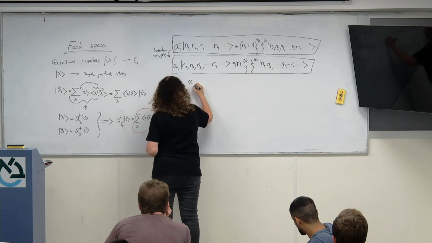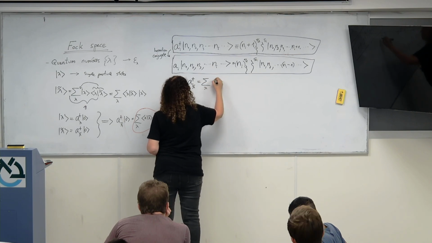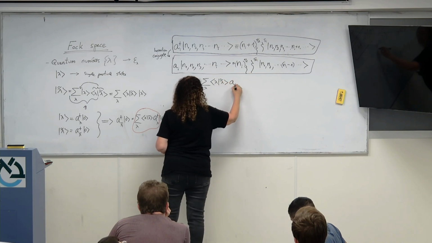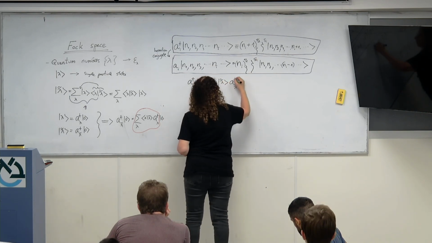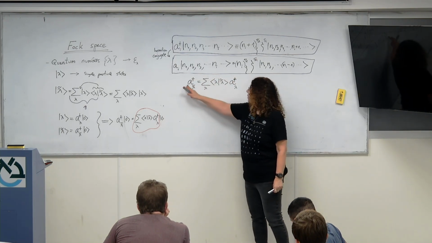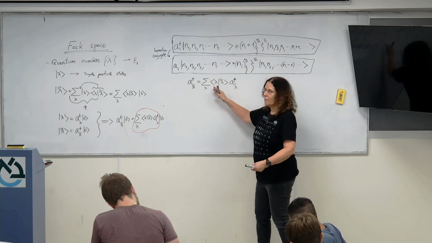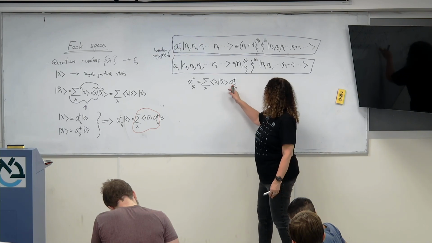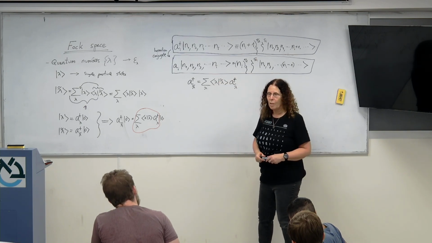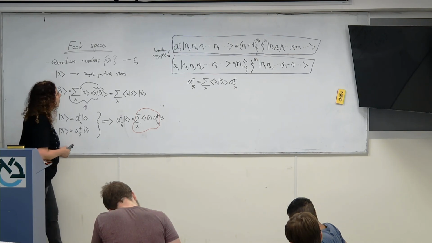So A lambda twiddle dagger is a sum over lambda of the inner product of lambda and lambda twiddle, times A lambda dagger. Okay, this is now an operator identity. You can write this operator as a sum of the A lambda daggers with some coefficients, and these coefficients are just numbers. So it's just a linear algebra conversion to a new basis.